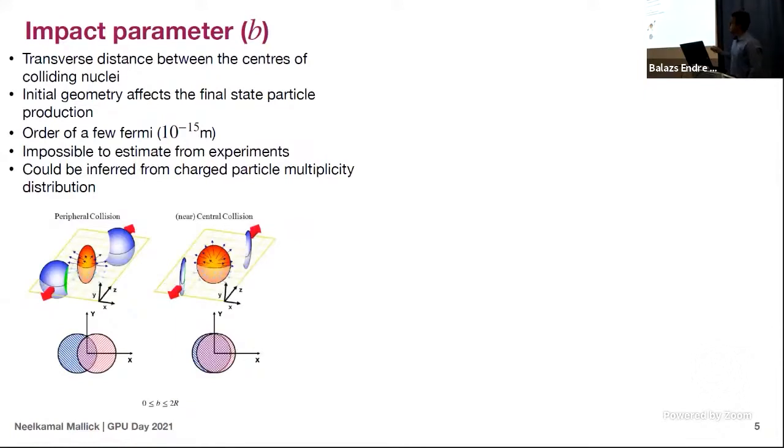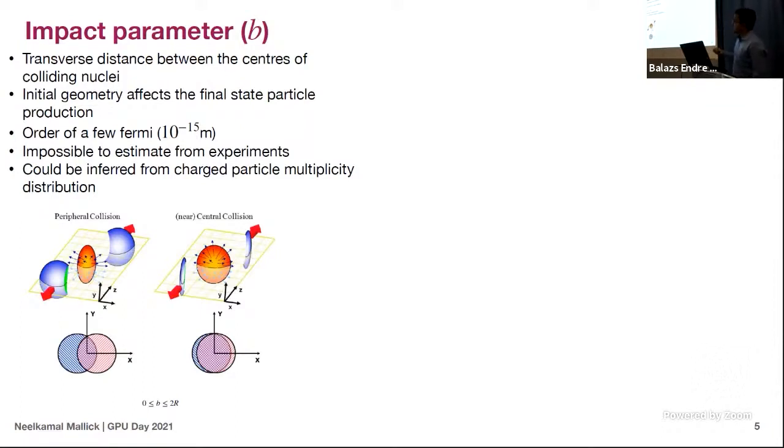So there is one important parameter known as the impact parameter, which is defined as the transverse distance between the centers of the colliding nuclei. So if you take the z direction to be the beam direction, the transverse plane will be xy, and these are the two colliding nuclei. And you can see that the nuclear overlap region depends upon the distance between the two centers. This is given by the impact parameter. And obviously, if you have a complete head-on collision, then the nuclear overlap region will be larger. And if you have a slight deviation, that means the impact parameter is larger, then you will have a small region of overlap. And that will definitely affect the final state particle production.